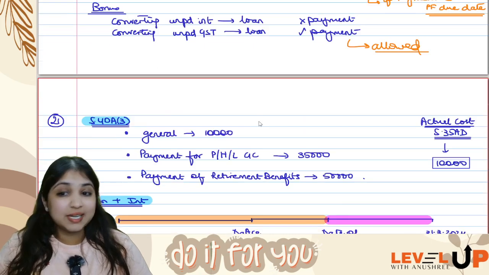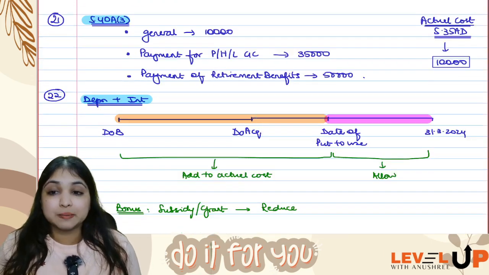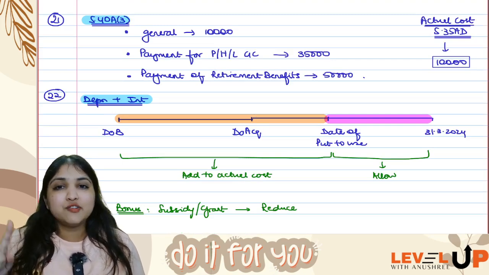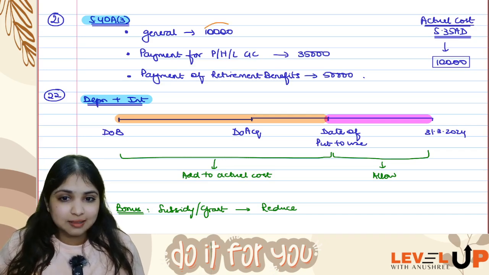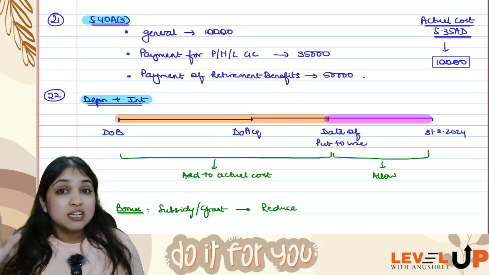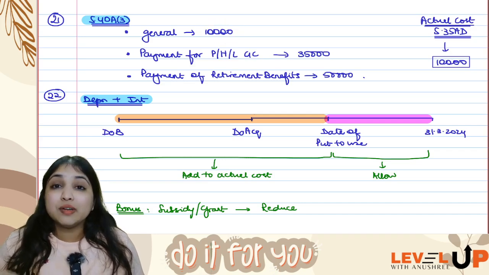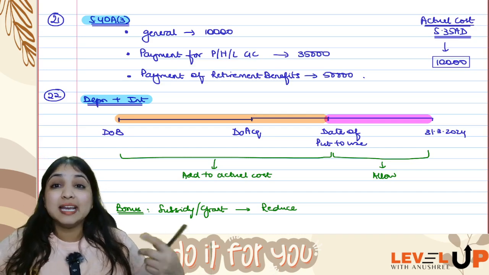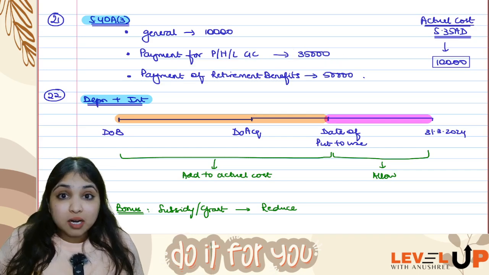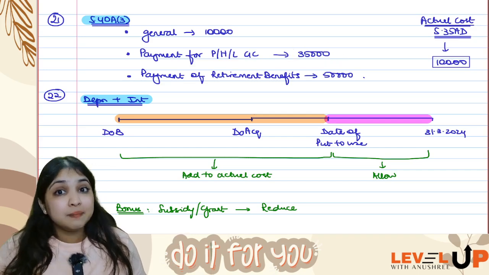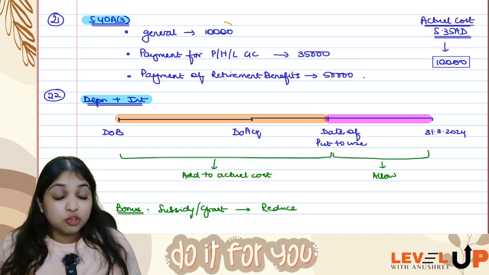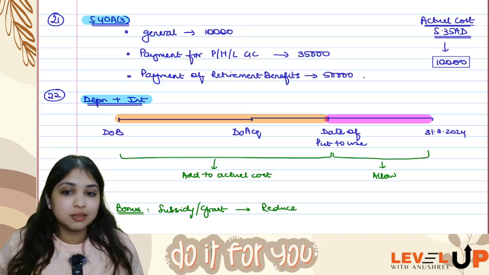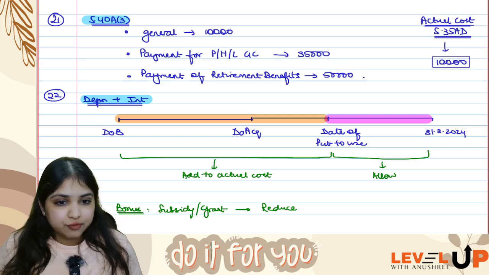Alright, so these were 20 concepts. Now coming to the 21st concept, for section 40A subsection 3. Section 40A(3) says, assessee, if you are making payment for an expense, if it is more than 10,000, please make the payment in specified mode. Generally the limit is 10,000. However, if the assessee is making payment towards plying, hiring, leasing goods carriages, there the limit will become 35,000. And if the assessee is paying retirement benefits, there the limit will be 50,000. So generally it is 10,000, but payment for plying, hiring, leasing goods carriages is 35,000 and payment for retirement benefits is 50,000.